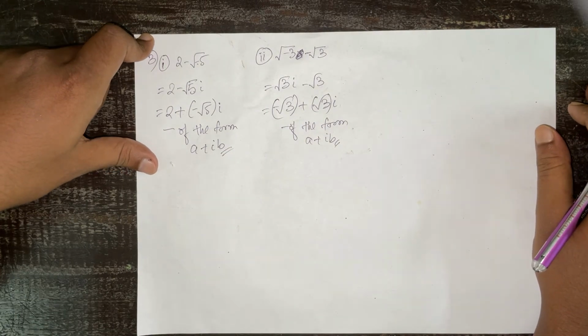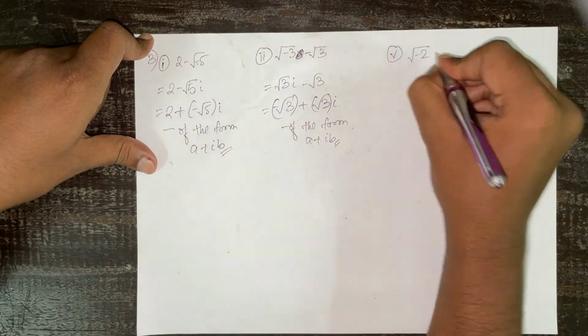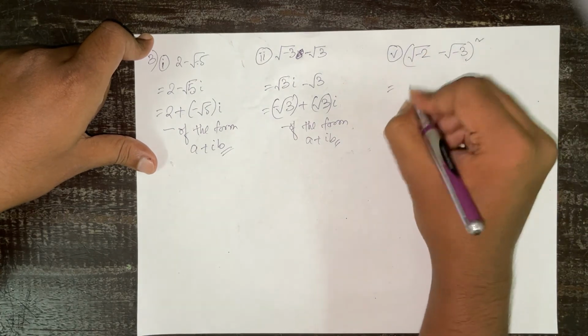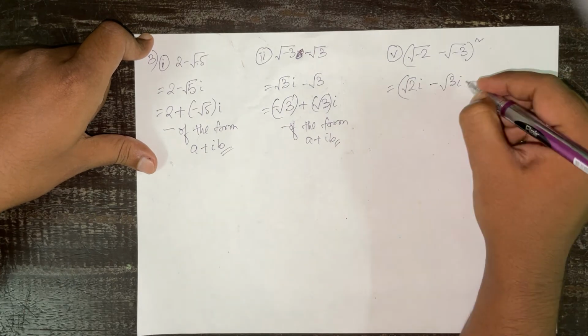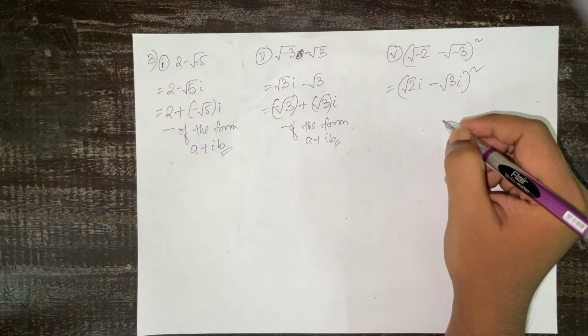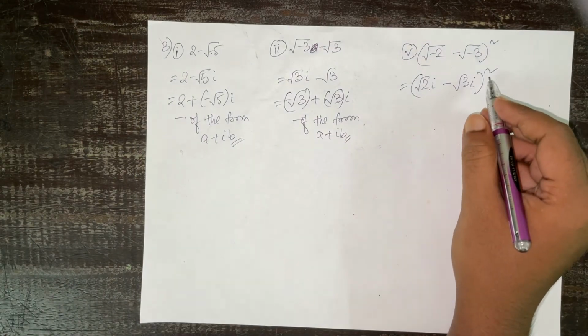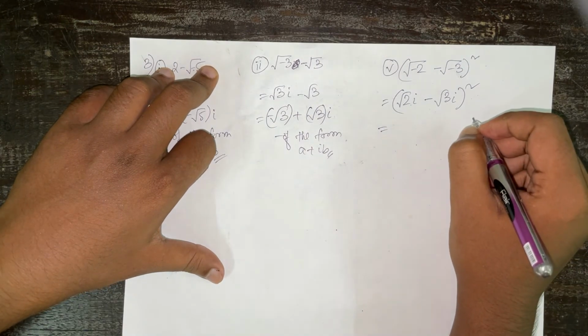Let us move on to number 5. Let's check number 5. So it will be root over minus 2 minus root over minus 3, whole square. So root over minus 2 is root 2 i and this is root 3 i, whole square. So now what we need to do is, this is like (a minus b) whole square. So let's go for it. (a minus b) whole square will be